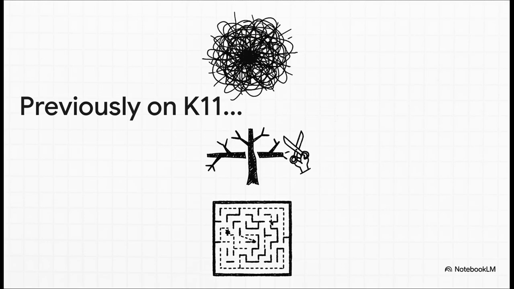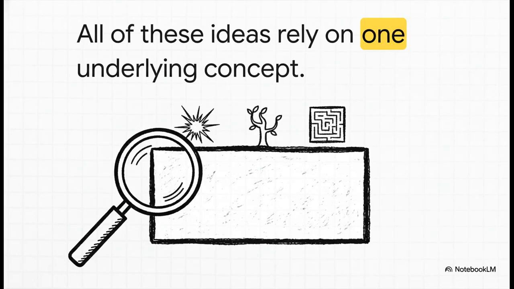So far, we've wrestled with combinatorial explosion, we've learned how to intelligently prune massive search spaces, and we've reframed backtracking as a structured search. But what if I told you that all of these ideas are powered by the exact same engine? That's right. Every single one of these powerful techniques, from navigating huge decision trees to cutting them down to size, they all stand on the shoulders of one single foundational concept. And today, we're going to finally put that concept under the microscope.